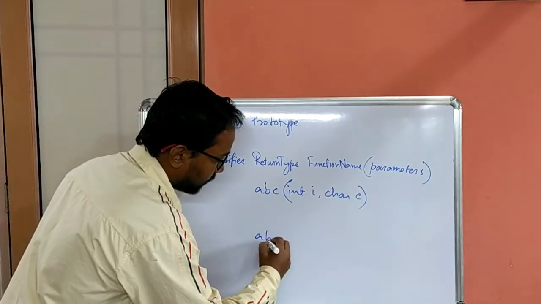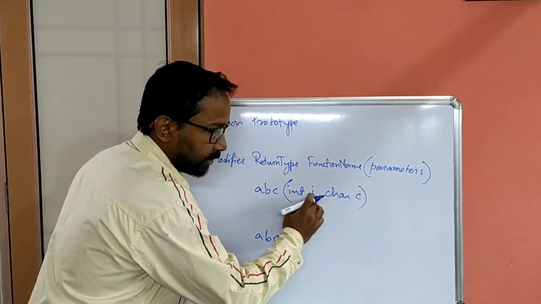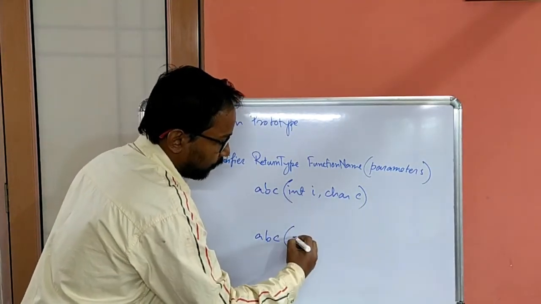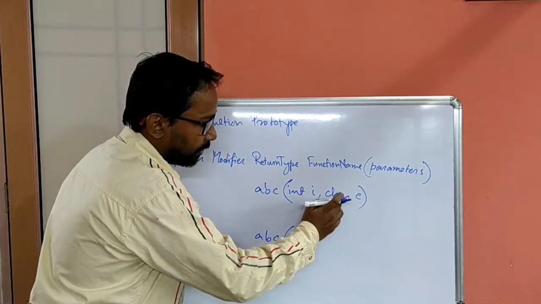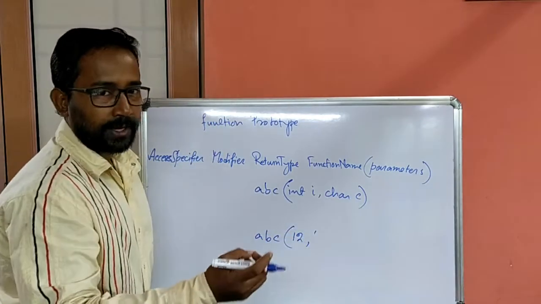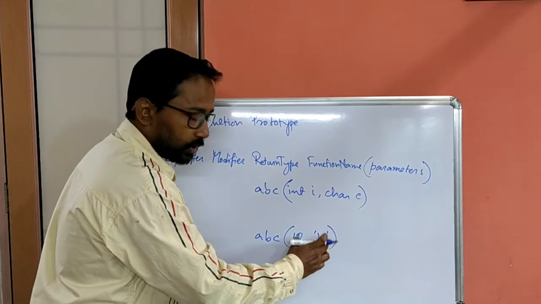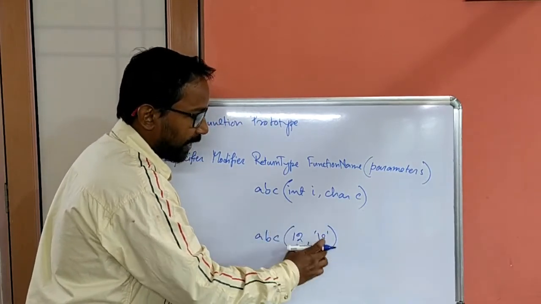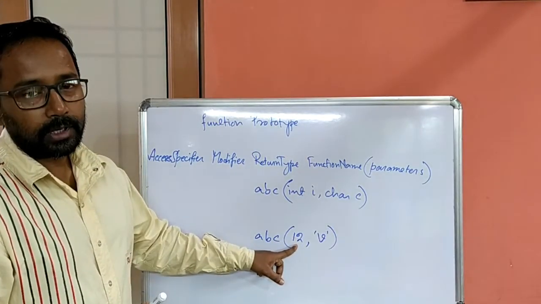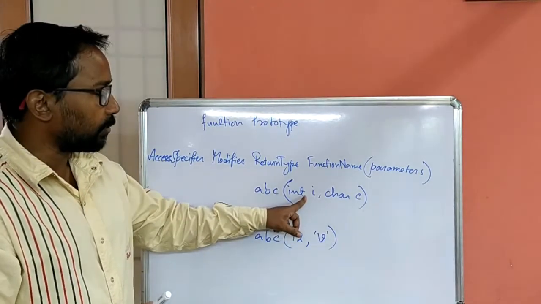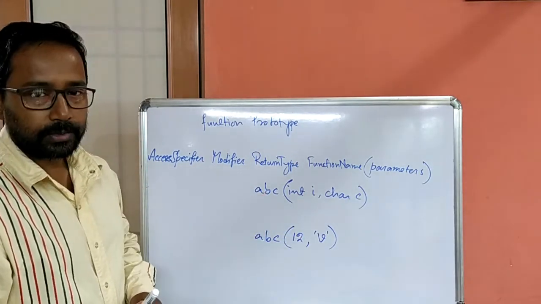So I am calling this function from another part of the program or from another program. Here first parameter is I, integer type. Here I am passing one integer value for this I variable, say 12. Now second one is a character parameter. So for that I have to pass one character value in single quotes like 'V'. Now here we are passing 2 values. Instead of these 2 values, we can pass the values of 2 variables also. But remember, here we cannot declare any variable at the time of this function call. Whereas variable declaration is required for the parameter at the time of function definition in the prototype.